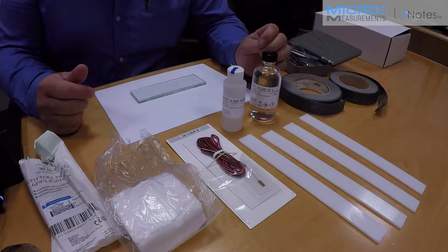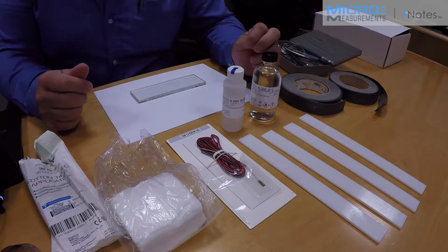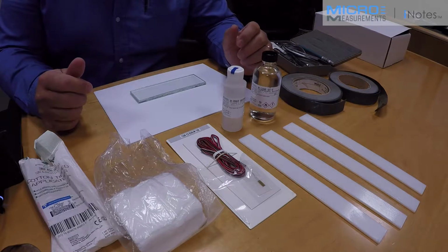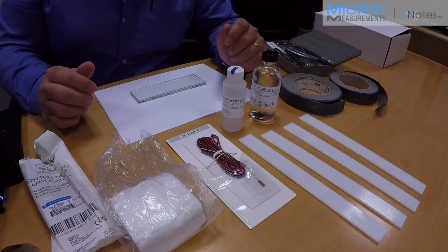I'm going to chat a bit today about gauging plastics, and more specifically 3D printed plastics. They need to have special handling due to their chemical sensitivity. And what we have here in front of us are the basic materials used for applying a strain gauge to